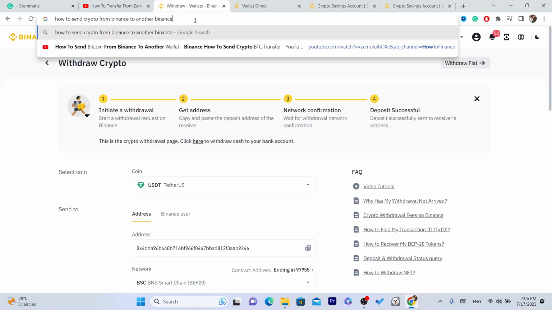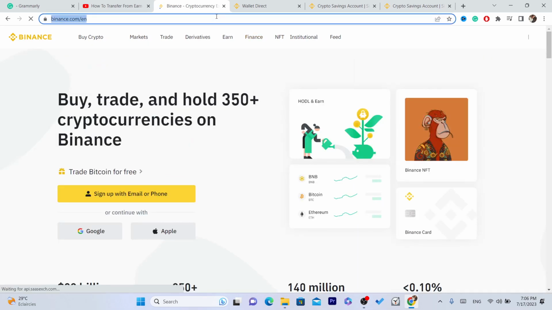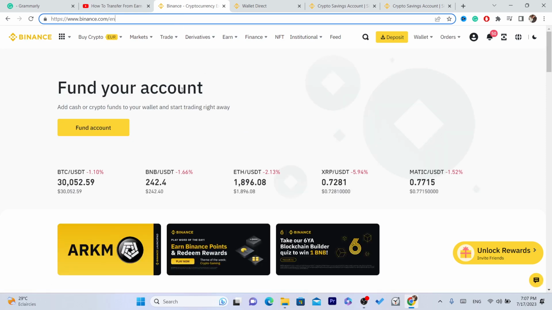The first thing you need to do, guys, is log into your Binance account, and that's it. After you log in, this is how it's going to look. Now the first thing you need to do, guys, is get the wallet address from the account that you are trying to send